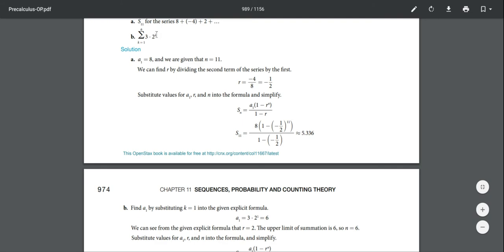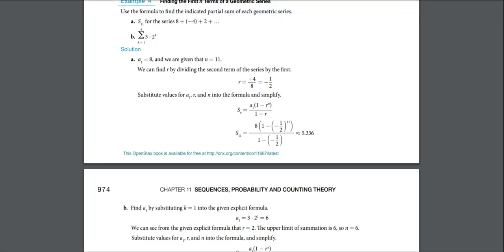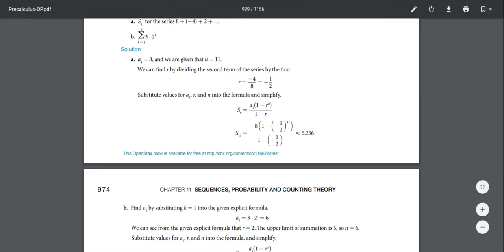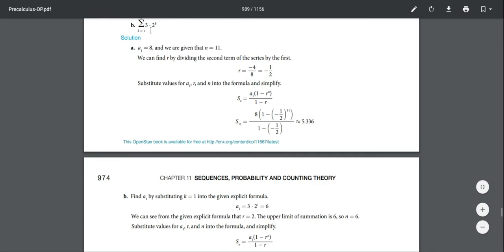So plug in 2 here, you get 2 squared is 4, times 3 is 12, and then do 12 divided by 6. 12 divided by 6 is 2, so 2 is your common ratio. If you're looking at the formula and you're just not sure, then you can always find the second term in order to find R. But R is